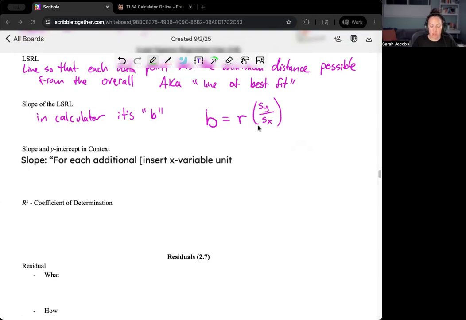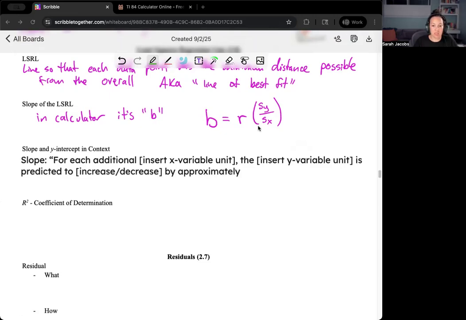So for each additional, age in months, right? Each additional month. Then insert the y variable unit. The baby length is predicted to increase if the slope is positive, decrease if the slope is negative,